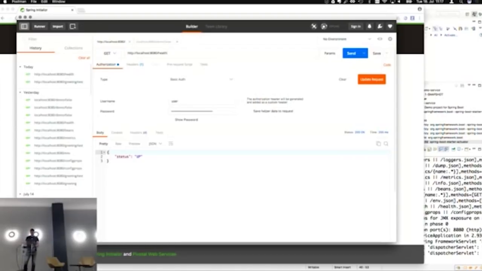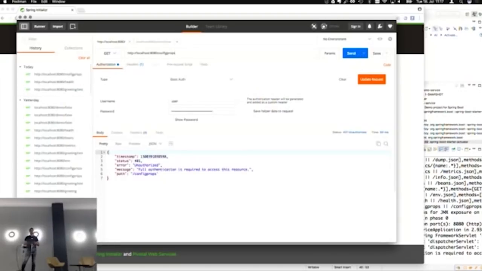up and running. Other interesting things are, if you want to know how your application is configured, config props is probably something interesting. And now you see another convention in Spring Boot. Some of those endpoints actually are exposed by default. You can see them, like a health endpoint. But you probably noticed it doesn't give you much detail. It just told you, oh yeah, you're up and running. But my configuration properties, I'm not allowed to read.